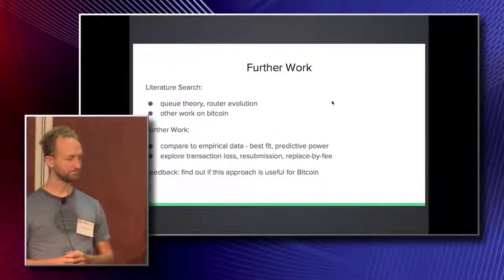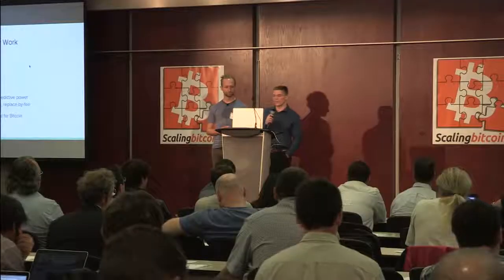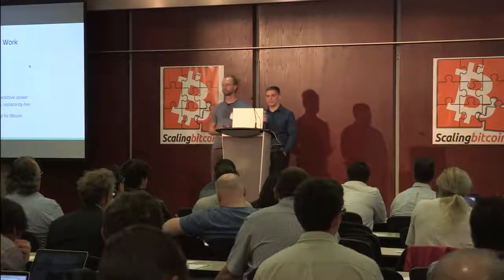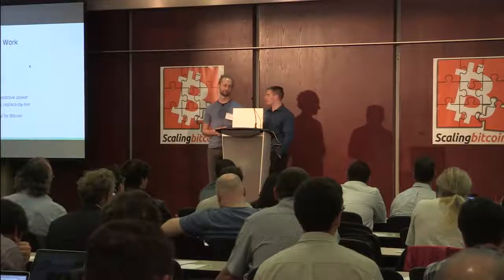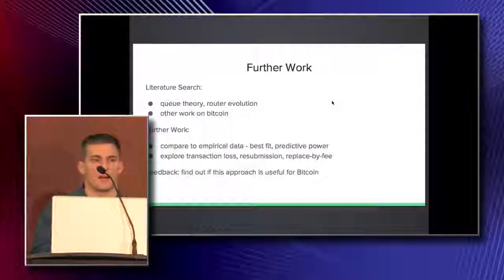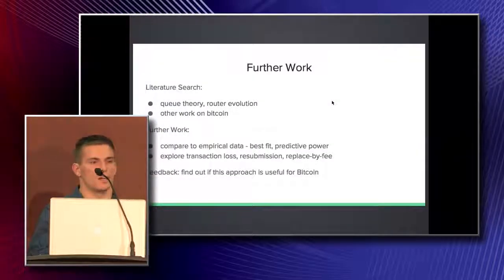And then as far as future work and how we plan to improve our model, given that the general philosophy or the outcome of the simulation may be similar to events in queuing theory, we want to expand our model so that it's more powerful and able to handle certain cases and get more accurate simulations for the Bitcoin network itself. One thing we'd like to do is compare against empirical data, so look back through previous transaction rates, just to compare how our load spike simulation fits real empirical data that we see in history.